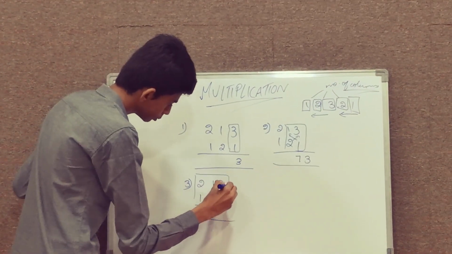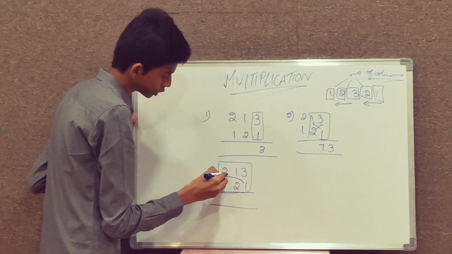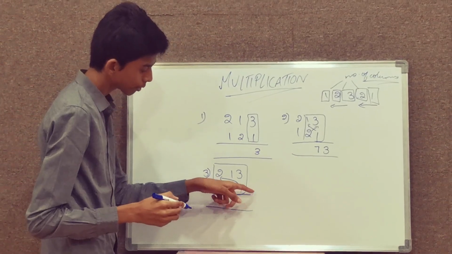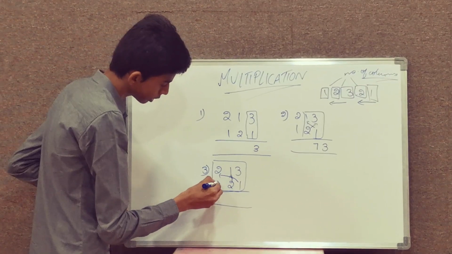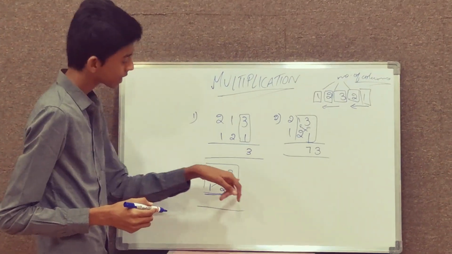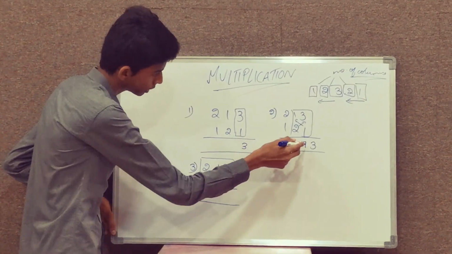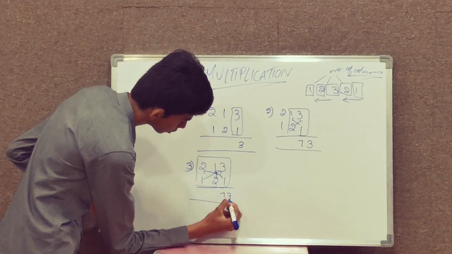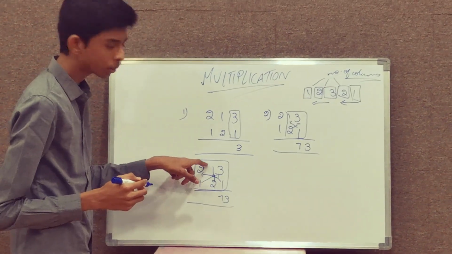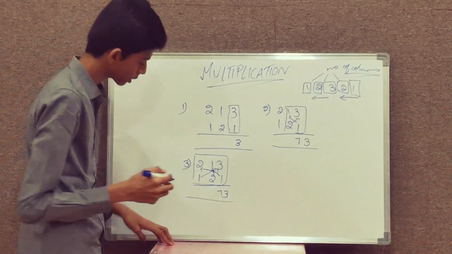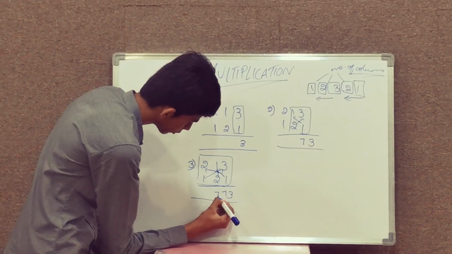So taking these 3 columns and then cross multiplying it. So we have to multiply the first digit in the lower row with the last digit of the upper row, and then multiplying the middle digits, and then the last digit of the lower row with the first digit of the upper row. So first writing these results here, 7 and then 3. So 1 into 2 is 2, plus 2 into 1 is 2. So 2 plus 2 is 4, and then 1 into 3 is 3. So 4 plus 3 is 7, writing 7 here.